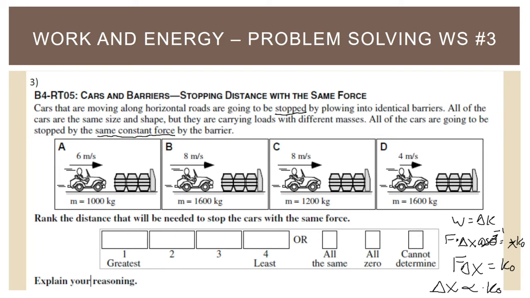Most of the time I tell you not to do that. But for this one, it really is just about the most straightforward way you could answer this question. And so if you do 1/2 mv squared for A, you get 1/2 of 1,000 times 6 squared, which is 36, and that gives you 18,000 joules. When you do 1/2 mv squared for B, 1,600 kilograms, 1/2 of that, and then times 8 squared, that gives you